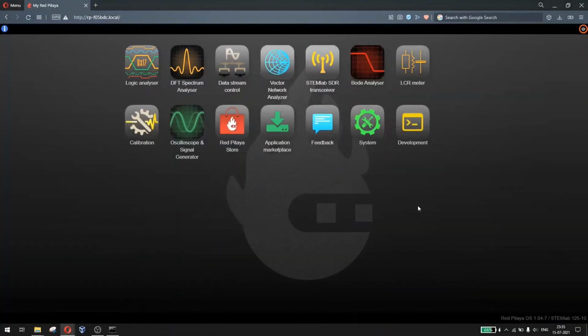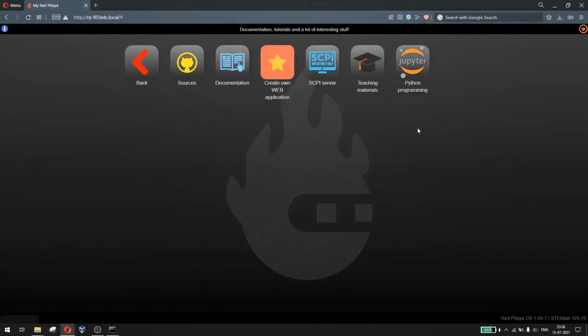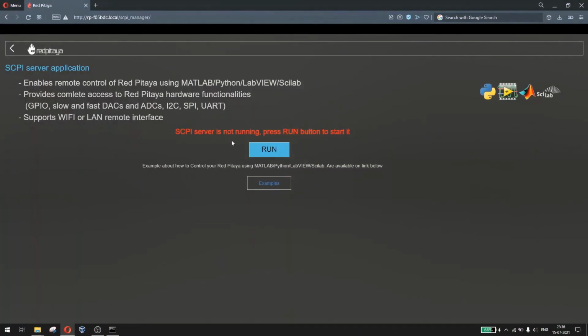Now let's see how we can program the RedPitaya using Python. As usual, we need to head on to the development section and start the SCPI server. Click on run to start the SCPI server. Now you can see the SCPI server running, with the IP address 169.254.184.93 on port 5000. We need to note down this IP address, and then we need to create a folder,